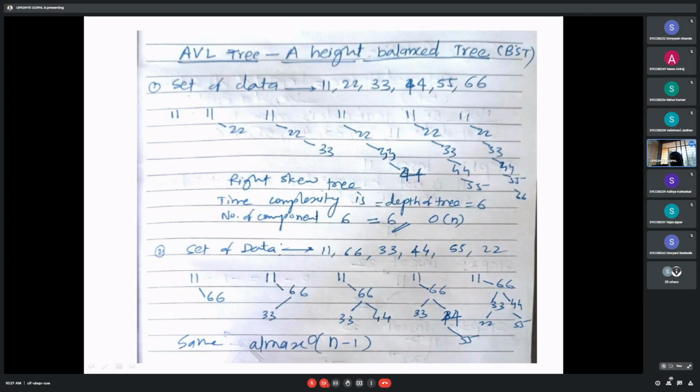Yes or no? What is the need behind understanding the height balanced tree? That must be very much clear to you. If it is not clear, it is difficult to understand the further part. Is that clear? Okay, only one is saying yes. What about the others? Please reply in the chat window. I want more replies so that I will come to know whether you are on the right track or not.